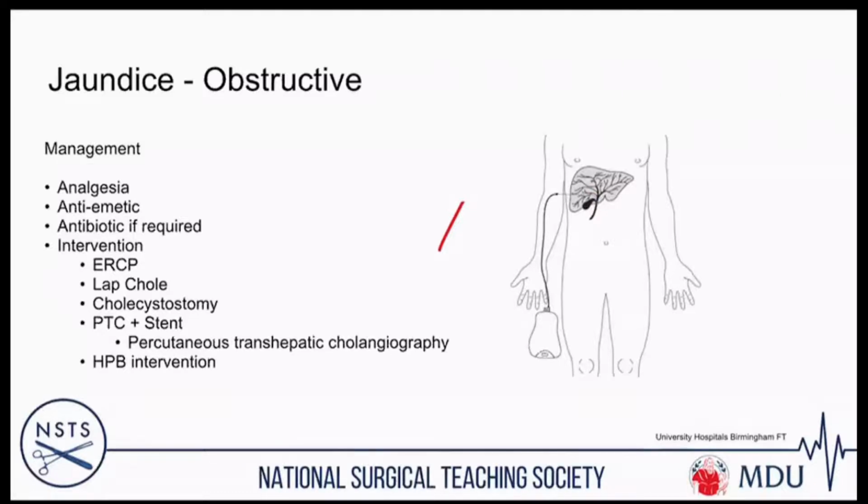So in that sort of case, you can do something called a cholecystostomy, where you basically pop a little tube in for you to do an operation on them. Something you might also come across on an upper GI job is a PTC, which I'd never heard of until I started my upper GI job, percutaneous transhepatic cholangiography. So if you can't do an ERCP because we've done an ILOG on them, or they've got a cancer in their esophagus and we can't get an endoscope down, you can go through the liver. And that way you can also drain a lot of the bile